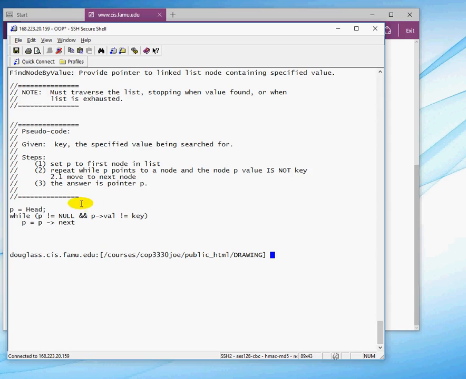Well, the code is pretty simple. Even if you have an empty list, this code will do the trick. Notice that we are taking the standard traversal loop and we are adding an additional condition that will allow us to exit from the search if our criteria is met. So we're saying, and in C++,